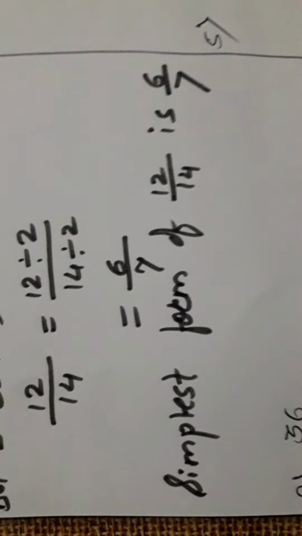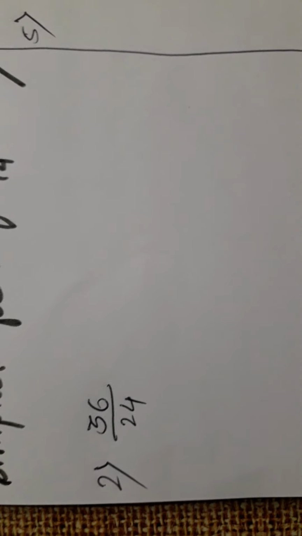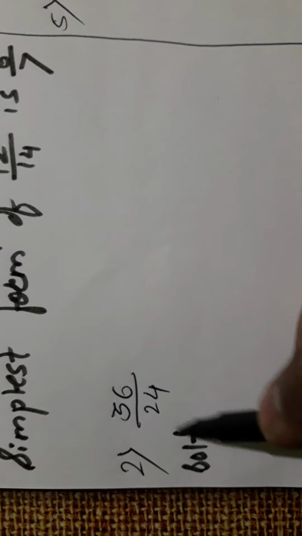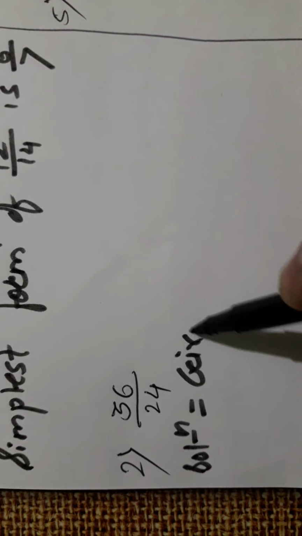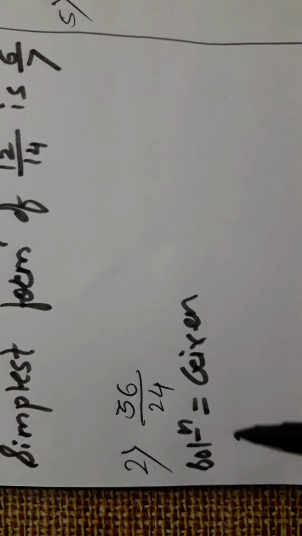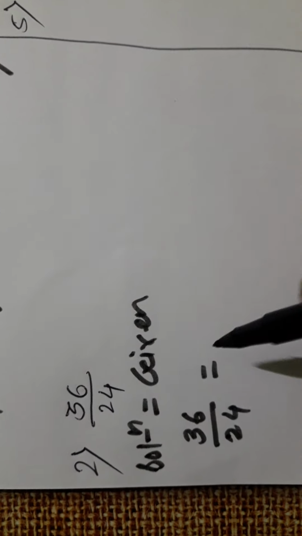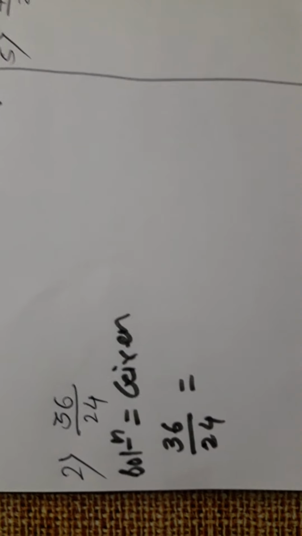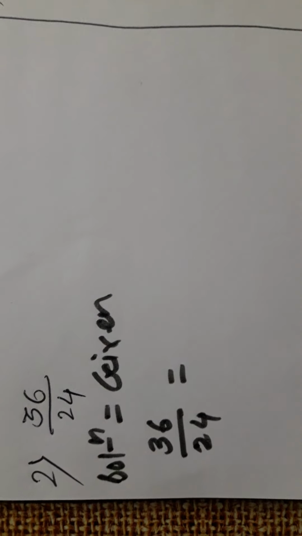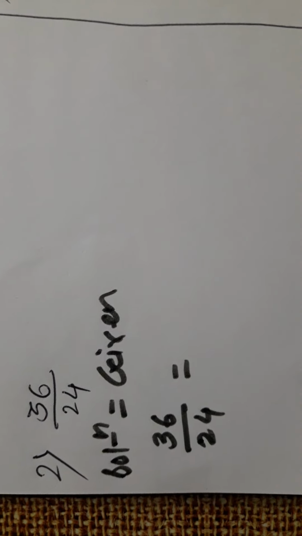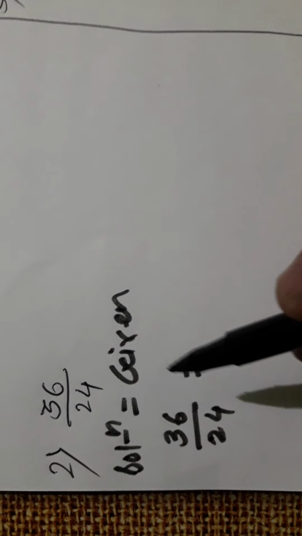Okay. Next example I will show you. You will come to know that. Now see here, 36 upon 24 is given. What is given? 36 upon 24. As I told you, you start division from the smallest number. If you know the tables well, then you can use a bigger number directly also, doesn't matter, no problem at all. Okay, I will show you by using the smallest number.